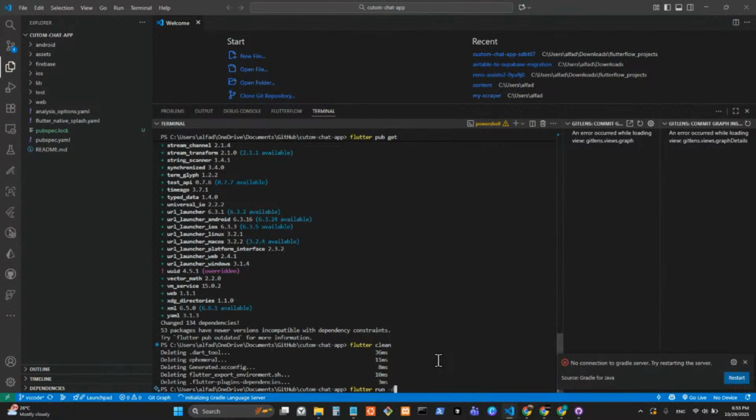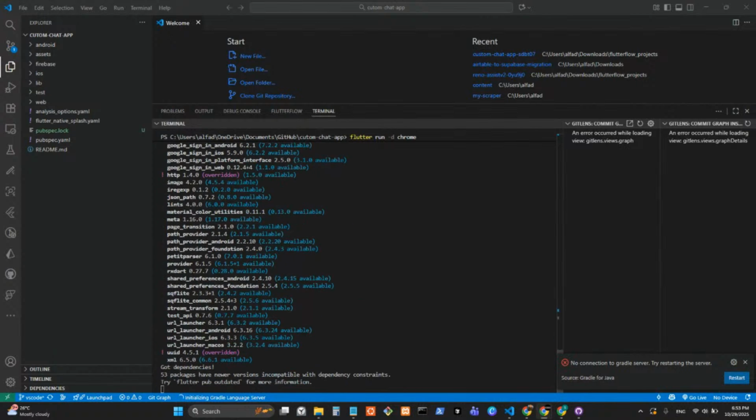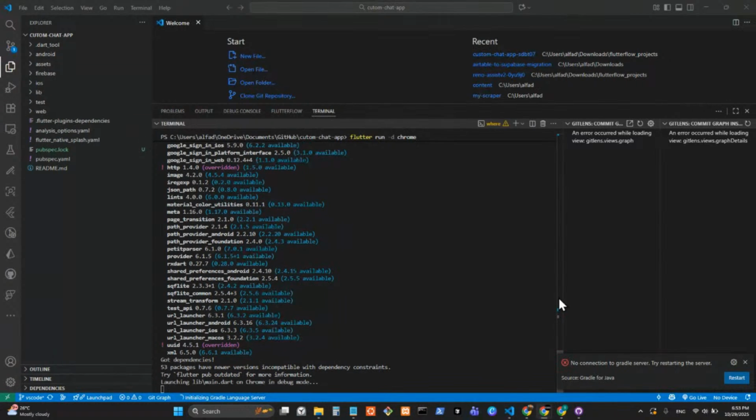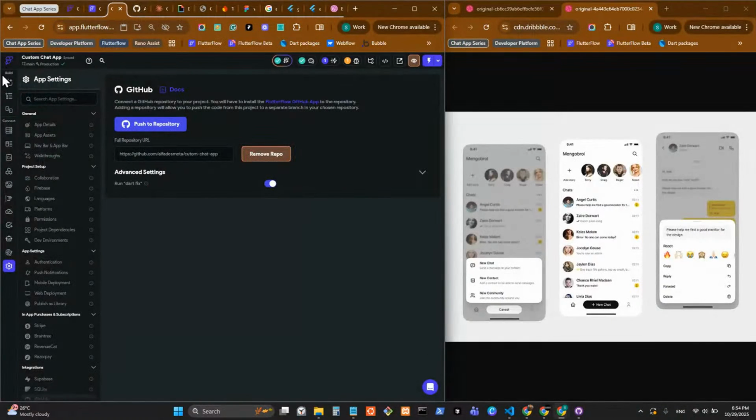So once it is cleared, you can run the app with flutter run. If you just want it for Chrome, you can enter -d chrome. It will run in Chrome. Let it run, and next we are going to